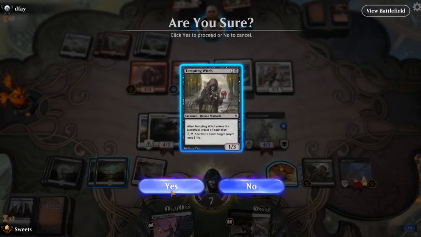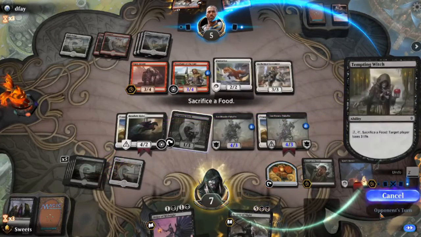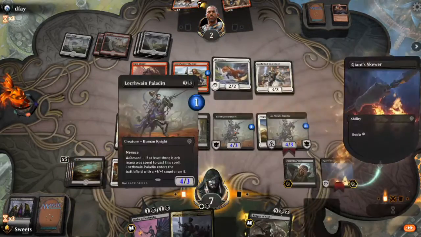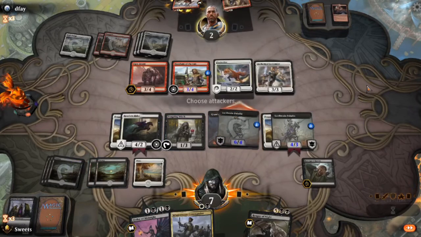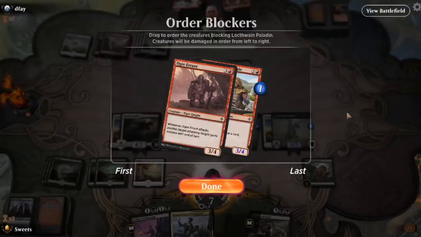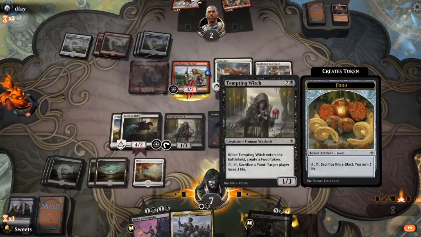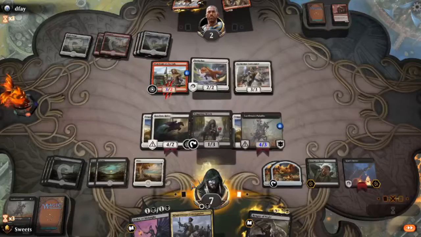So yeah, this is indeed game. So we will sack food, equip him, Locklane Paladin, and that's game. So even if he blocks here, he's dead. If he doesn't block, he's dead. There's no way out. So sure. Food. And